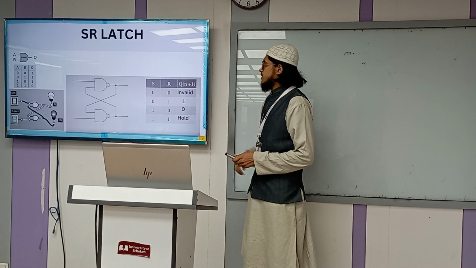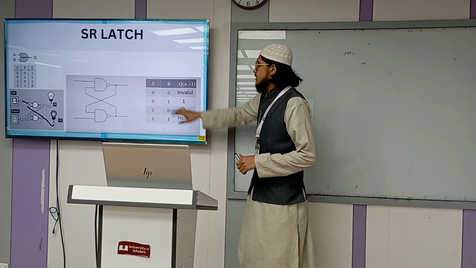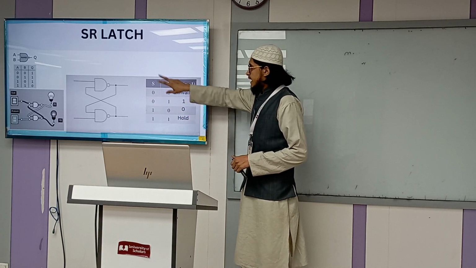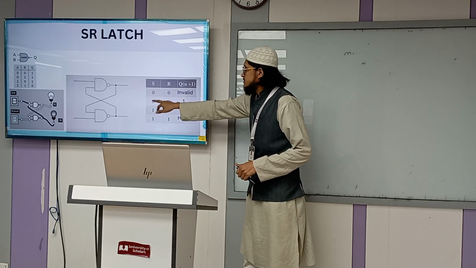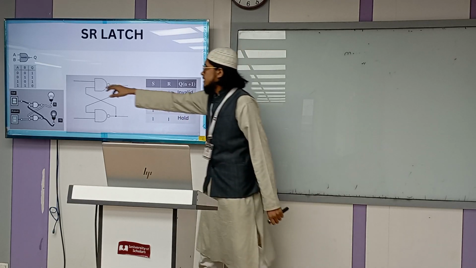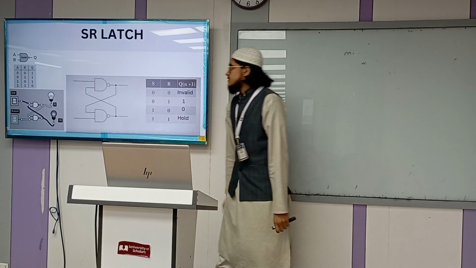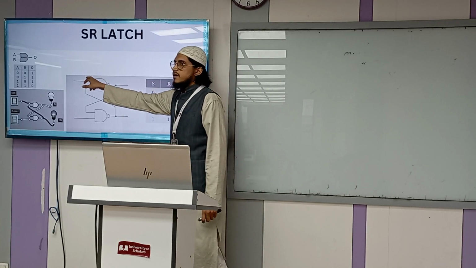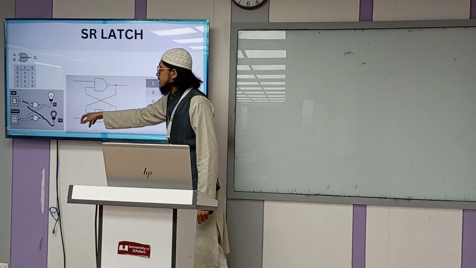Here is the truth table. But how does this truth table come about? I will try my best to explain this. I am starting with the combination 0 and 1. Let's assume we have 0 here and 1 here. From the NAND gate truth table we know if we have 0 we get 1, and for 1 we